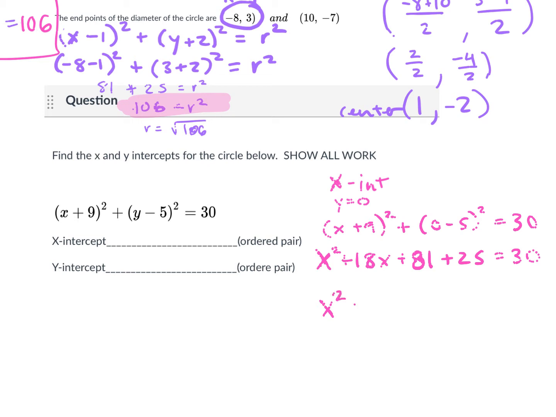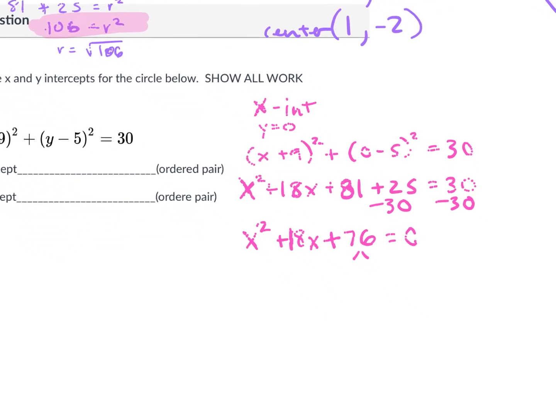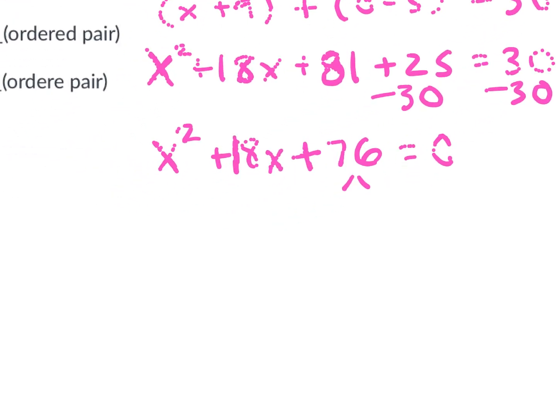So 81 plus 25 minus 30 would be 76. And that's equal to 0. Do I have two factors of 76 that add to 18? So let's use the quadratic formula. We have negative b, which is negative 18,